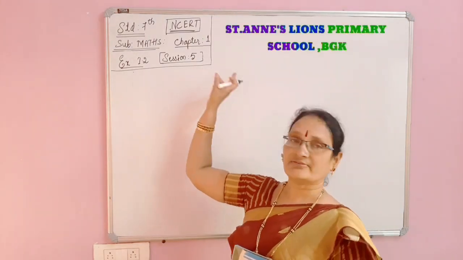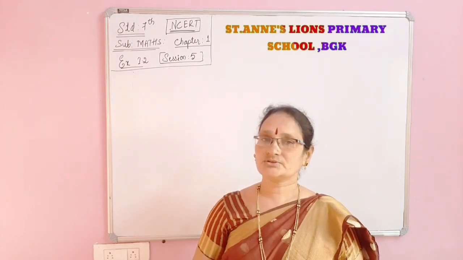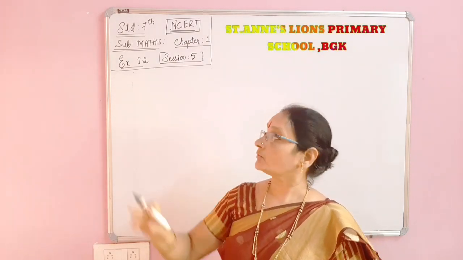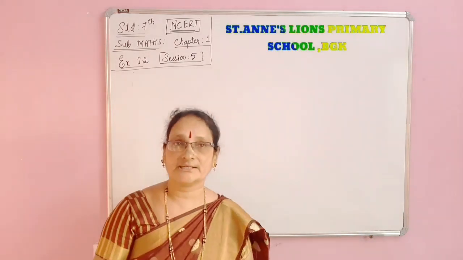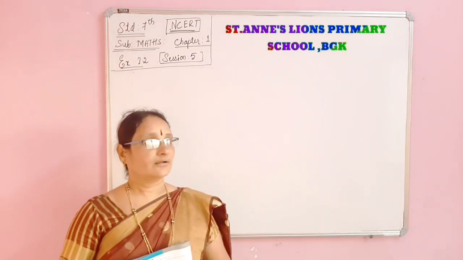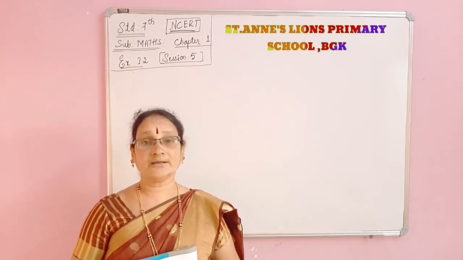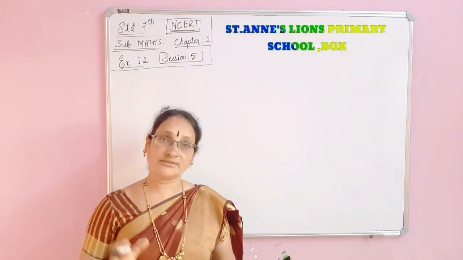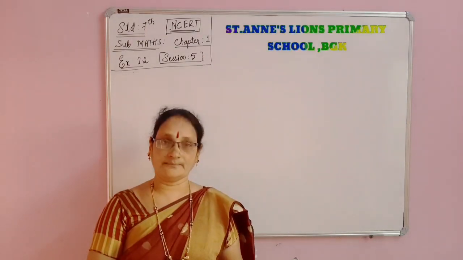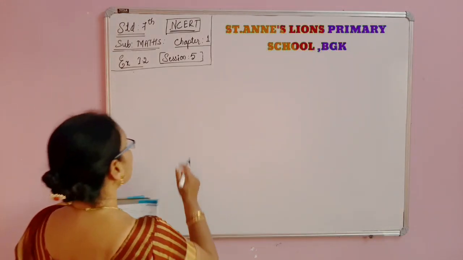This is session 5. In this session 5, I am going to solve exercise 1.2. Already you understood the properties, that is closure property, commutative property, associative property and additive identity of the integers. Now on that base only we are going to solve exercise 1.2. Now the first question is,